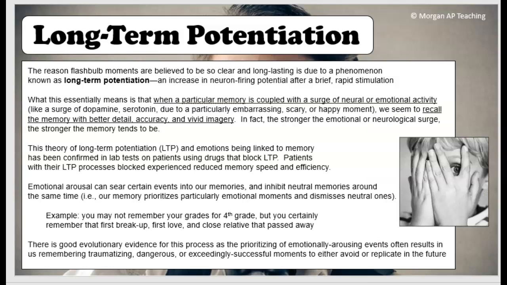All right. What this essentially means is that when a particular memory is coupled with a surge of neural and emotional activity, right? Dopamine, serotonin, something embarrassing, scary, don't want to talk about that. Happy moments too. We seem to recall that memory with better detail, accuracy, vivid imagery. It's the stronger emotion, which is your neurological surge, that makes that memory stronger